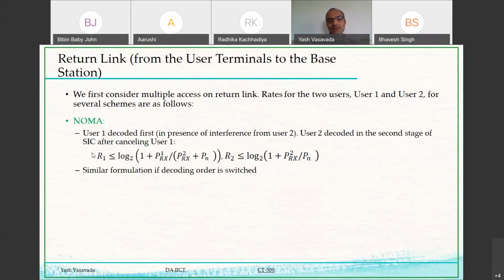Now, because user 1 is transmitting at this rate, its receiver, the channel decoder, will be able to operate in a completely error-free manner. And so user 1 signal will be decoded without error. Because user 1 has been decoded without error, it can be entirely eliminated from user 2's detection process. And therefore, user 2 now can transmit at this rate.